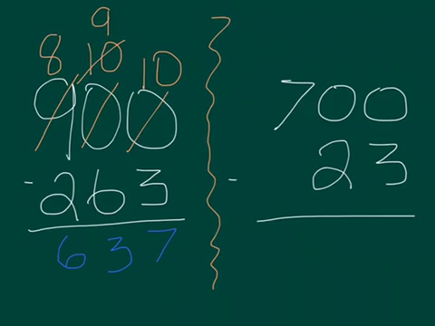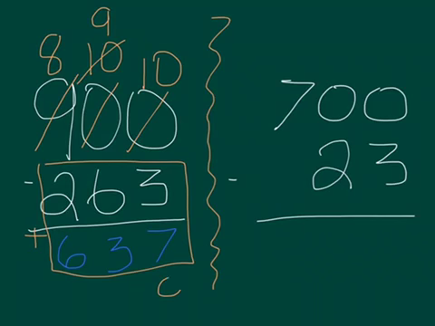I'm going to check by adding just to make sure I got it correct. I didn't give myself much space to write, so I'm going to use my current problem to check by adding. So I'm going to take 3 plus 7, and that's going to give me 10. 1 plus 6 plus 3 gives me 10 again. 1 plus 2 plus 6 gives me 9, and 900 is the number I started with, so 637 is the